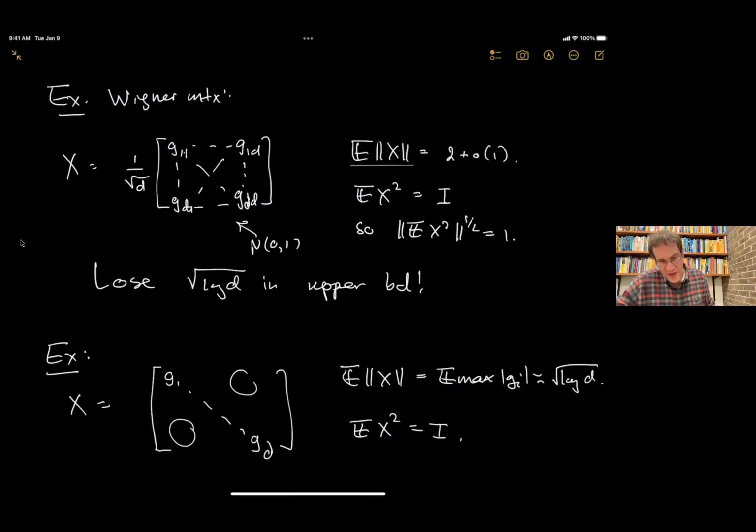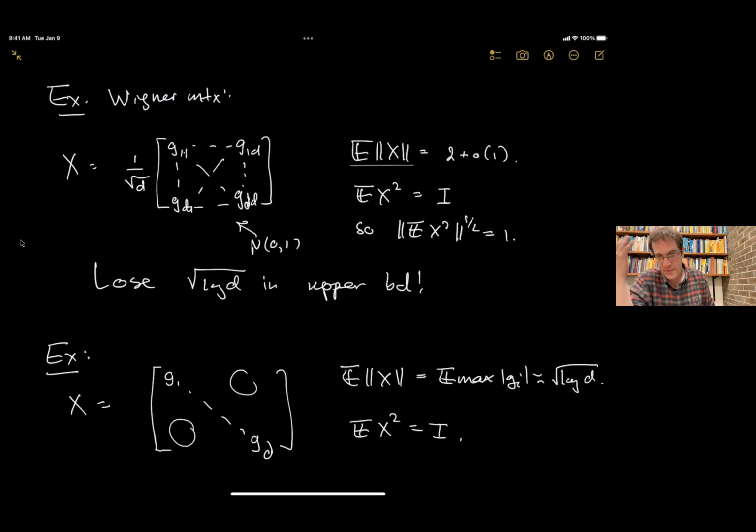And so we have this inequality. It is a very strong inequality in that it assumes nothing, and it's a very weak inequality in that it doesn't accurately capture almost anything. And it's been a long-standing problem in this area to find inequalities that improve on the non-commutative Khinchin inequality, and that are better able to predict the behavior of these matrices. For example, we would dream to have an inequality that can see the difference between the diagonal matrix and the Wigner matrix. In the case of the Wigner matrix, it would at least predict that the range of the eigenvalues is bounded as d goes to infinity, without falling into this pitfall of the diagonal matrices.